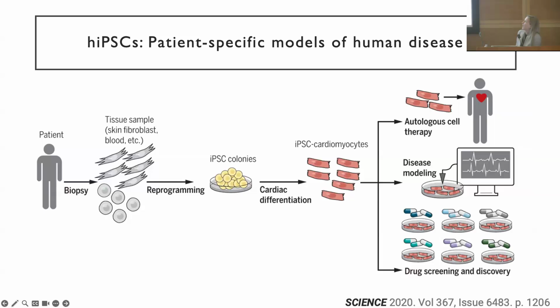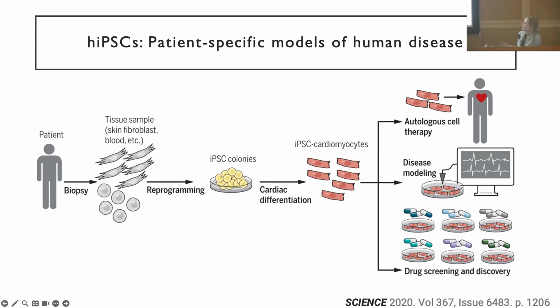So what are these cells and how do they work? How are they different from human embryonic stem cells? So what's different about them is that you take an adult patient, any patient, and you take either a skin biopsy or a blood sample or various other types of cells, and you essentially force them back to the stem cell state. And how you do that is by overexpressing the transcription factors that are important for the pluripotent state. And that is enough to actually reprogram them and convert them back to that. And once you get them to that state, you can actually use them like a stem cell and differentiate them into any tissue type in the body.